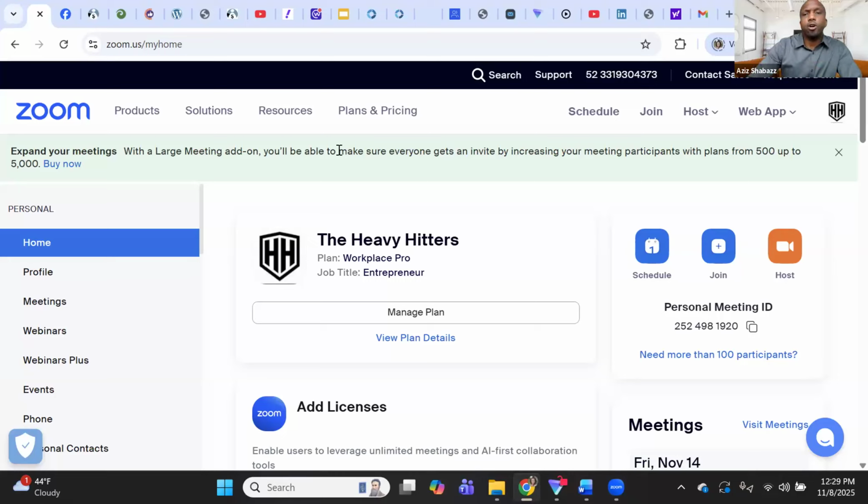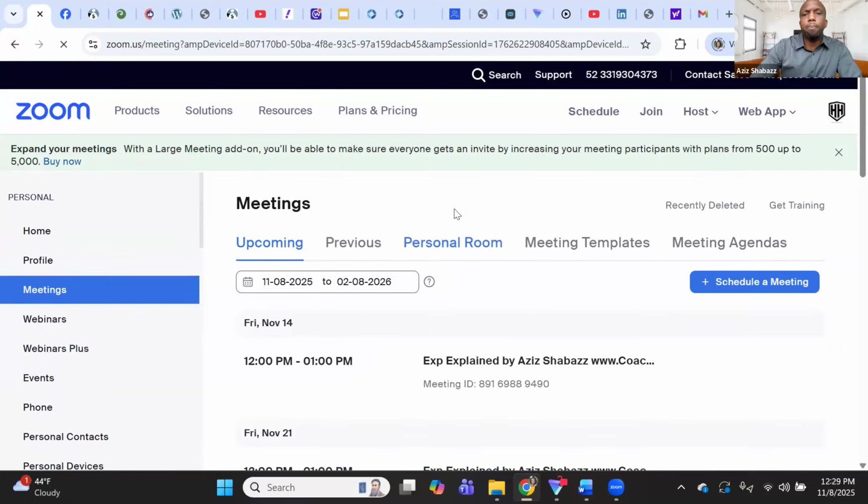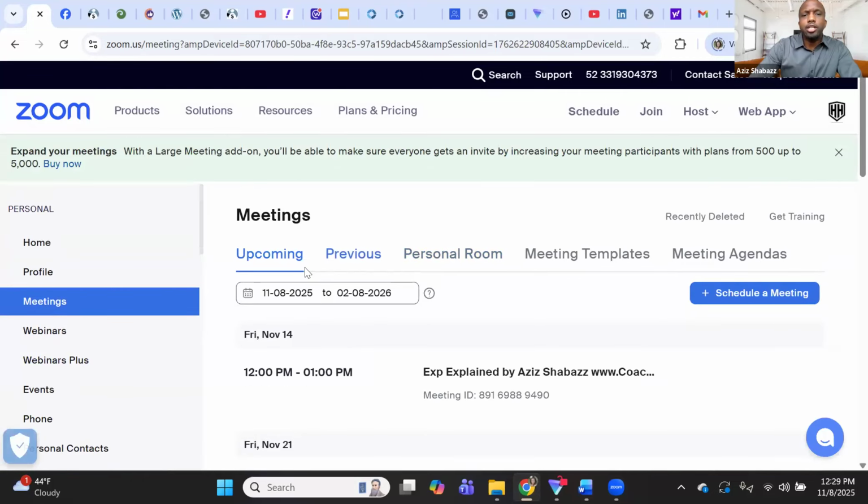Okay. So once you're logged in, on the left hand side, you're going to see meetings. Okay. When you click meetings, you're going to go over here to personal room. See, you could schedule meetings if you want to and create all of these different meetings with dates and times and all of that. Me personally, I don't like to do that, right? So I go to personal room,